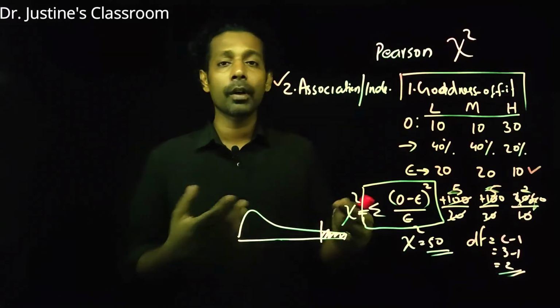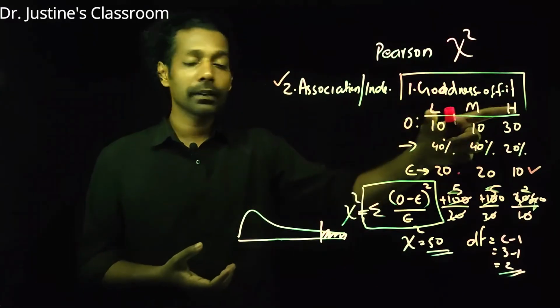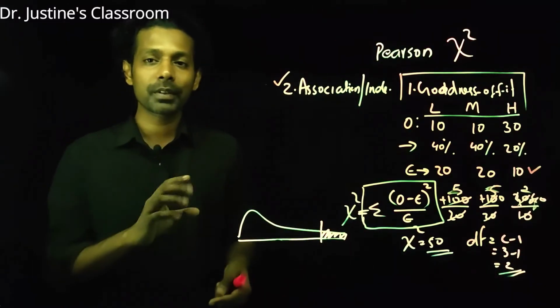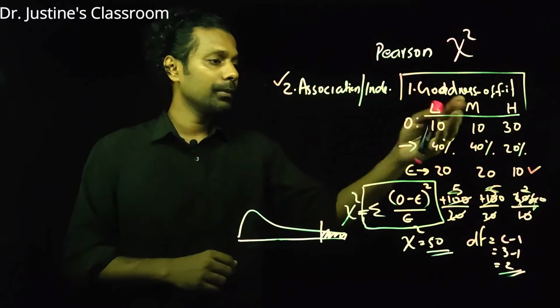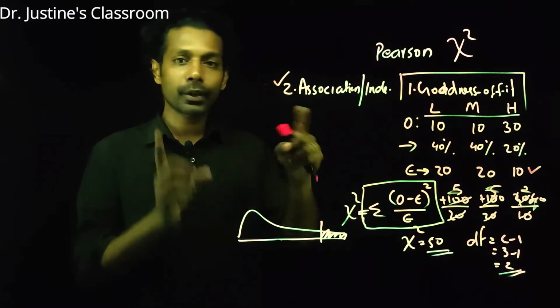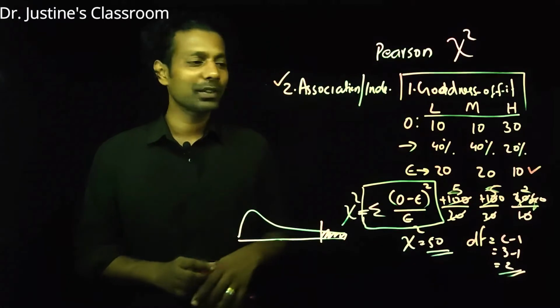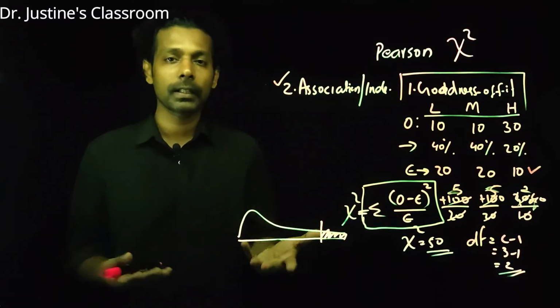So let us say, now I need to know whether the poor and the income level is related to urban and rural. I am going to do another research. So I have two variables here. One is income, the other one is urban and rural. So I need to try to find out the relationship between them. Okay, now please don't think about the logic of that particular research question. My objective is to pose another research question.